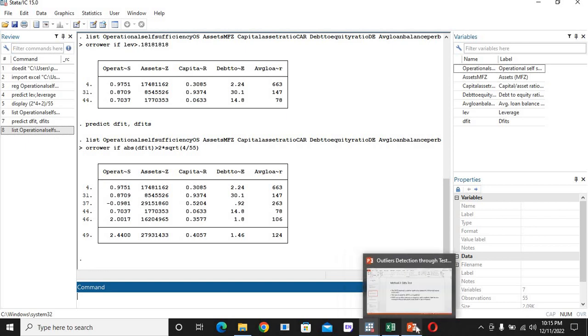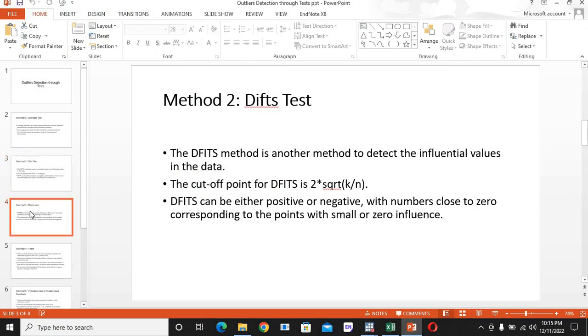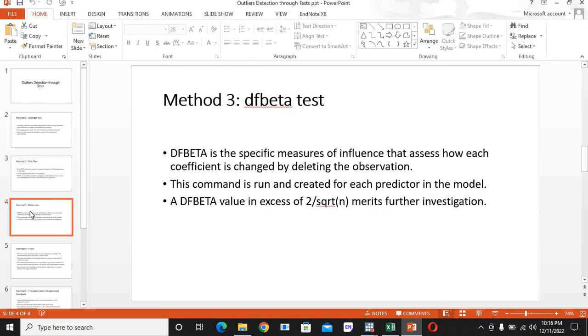Let's move on to the other test, that is the DFBETA test. DFBETA is a specific measure of influence that assesses how each coefficient is changed by deleting the observation. This command is run and created for each predictor in the model. So a DFBETA value in excess of 2 divided by the square root of n merits further investigation. Let's test it on